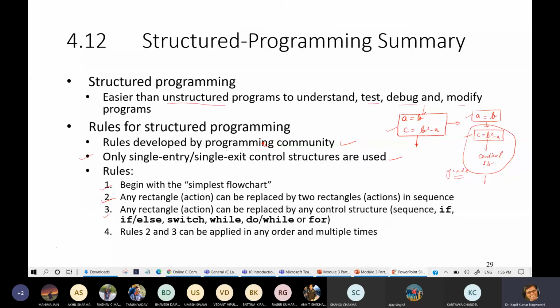So we can create a condition: if C is less than 0. This C will be calculated, and if the condition is true, then it will go ahead.